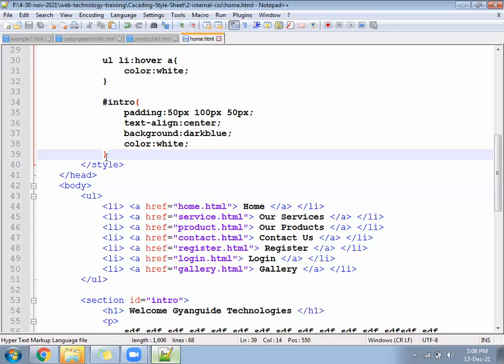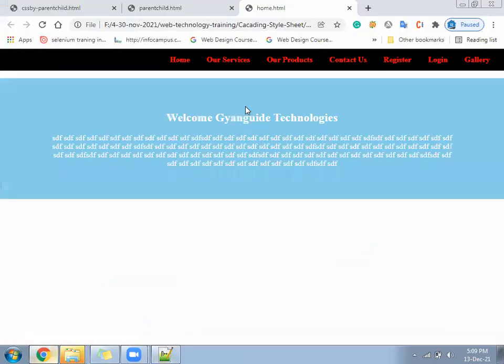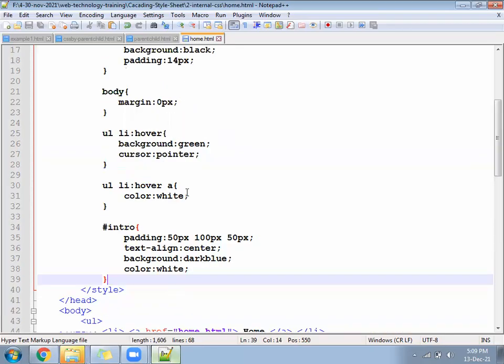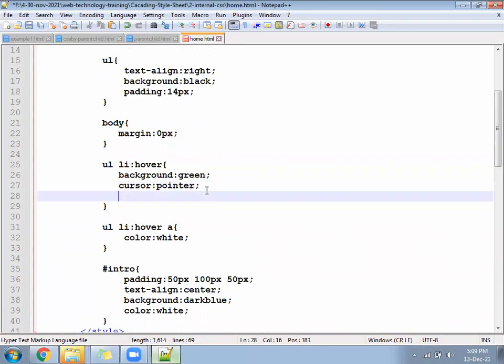Sir, we have to set margin of UL to 0. 2 minutes is over. Okay, you are not able to find. The reason is the UL tag. By default, like the body was leaving some space, in a similar way UL will also give some space. So you have to go under the UL tag and write margin 0 px. The problem will get fixed.